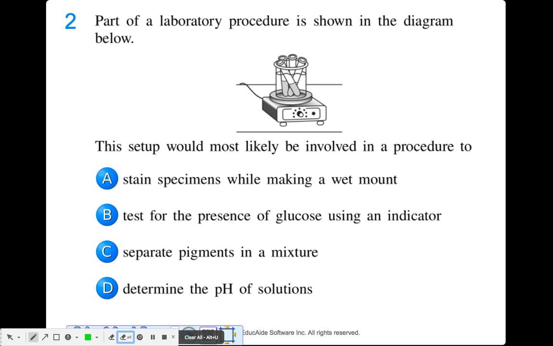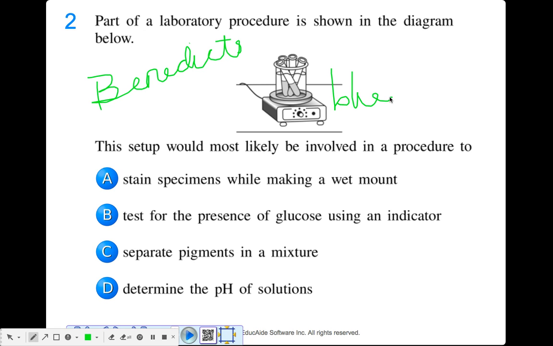Okay, question 2. Part of a laboratory procedure is shown in the diagram below. This setup would most likely be involved in a procedure to do what? Well, you guys all know this. I think a lot of people got this one right. This is where we took different solutions and we mixed them with Benedict's. And we heated them up for a few minutes and they turned from blue to orange if they contained,